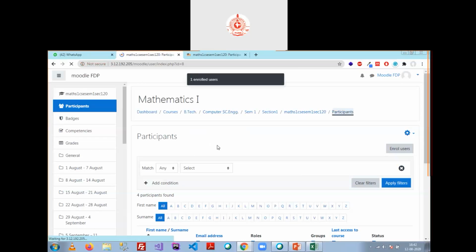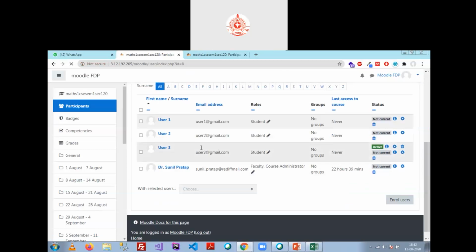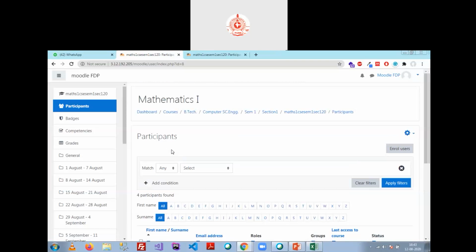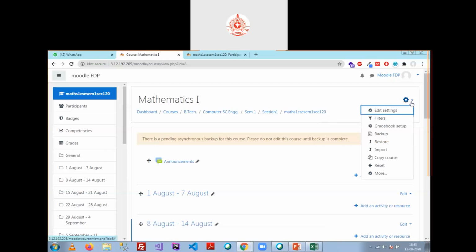So now let me check. We have only 3 users. Still we have 3 users, and that user 3 is active, but these other users are not active because this user has already logged in to my system. That is why it is showing active. But I want to make a distinction between the enrolled users or more than one enrollment types.